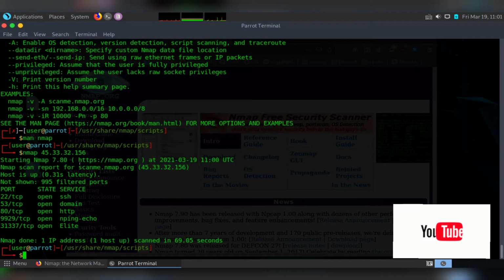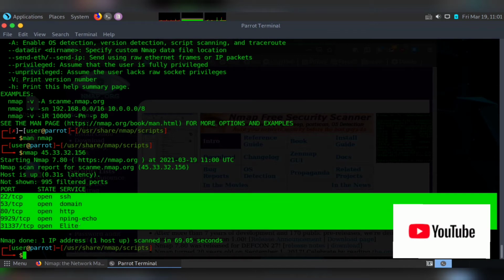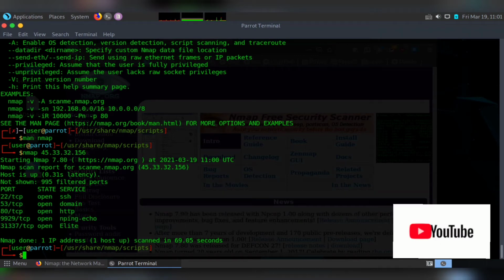So you can say that on port 22, the service running is the SSH service, and the port is open for that. Then next comes port 53 TCP, where the domain service is running. The domain service is present on 53, the TCP connection. Port 80 is used by HTTP, on which your server is present, and because of that your website is running. Other ports are also open.